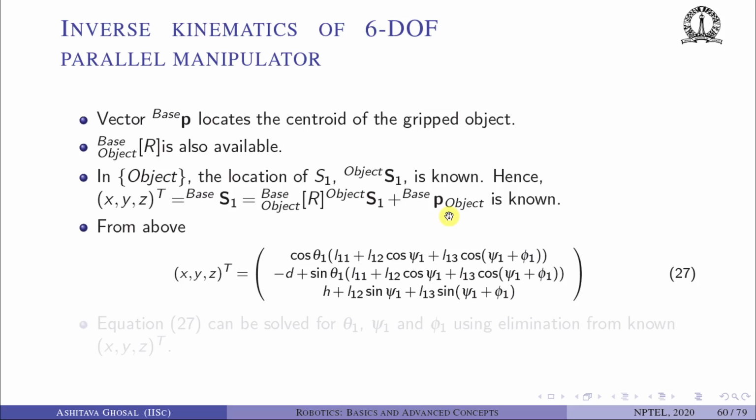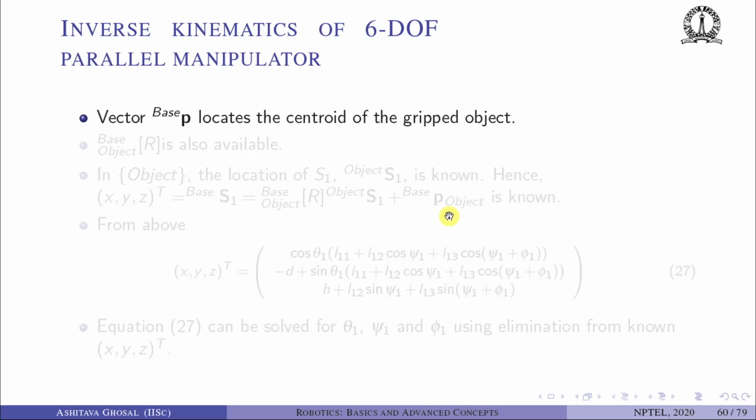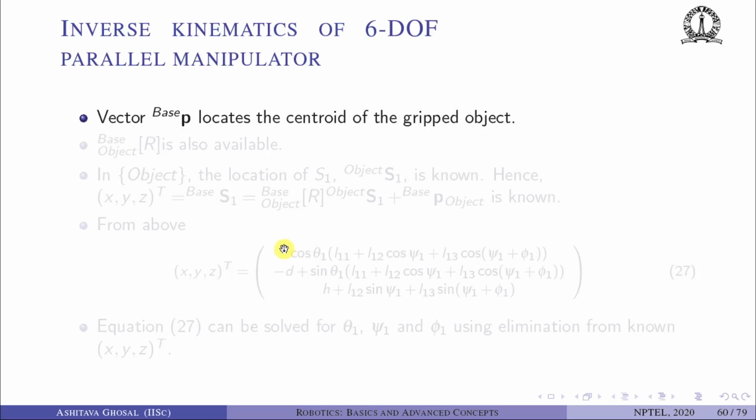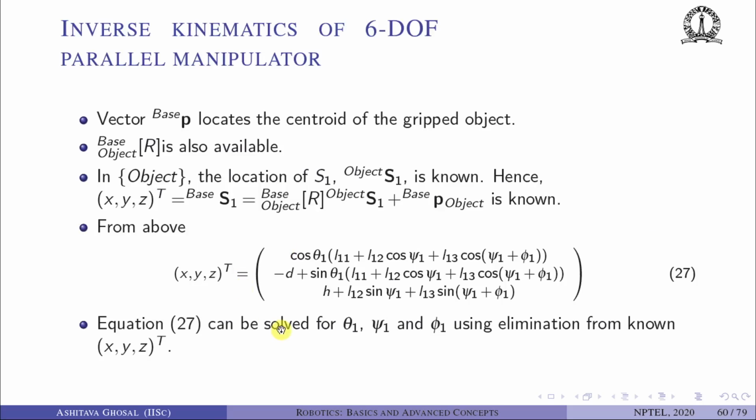If you go back and see the figure, this point xyz is nothing but a vector from here to here and from here to here, and that should be equal to this vector. So I want to find out the position vector of each one of the spherical joints from the given data, which is very simple. We come to the given point of the centroid and then go back to this spherical joint, which is exactly what is done here. And it turns out that the xyz is related to cos theta 1, then L11,